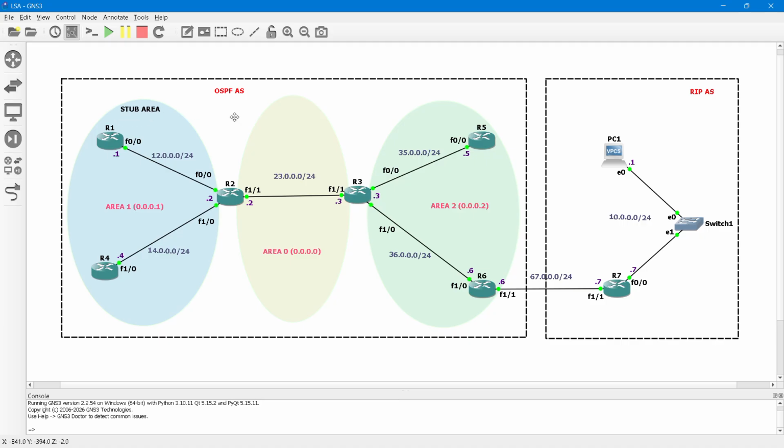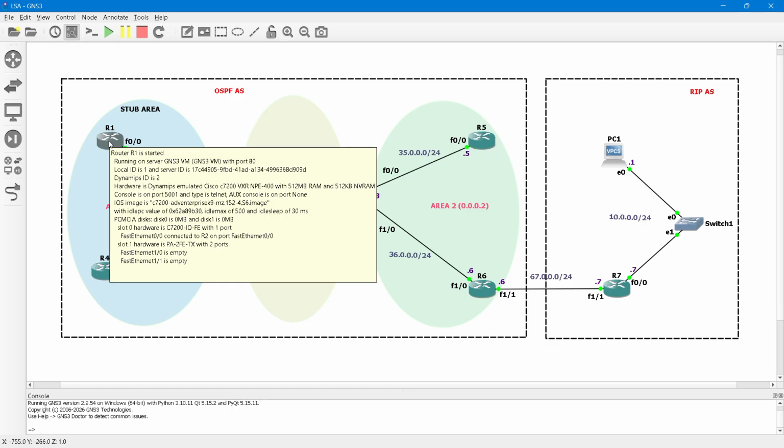Now in order to make it stub area, what we will do is first we'll go to R1 and we will claim it to be stub